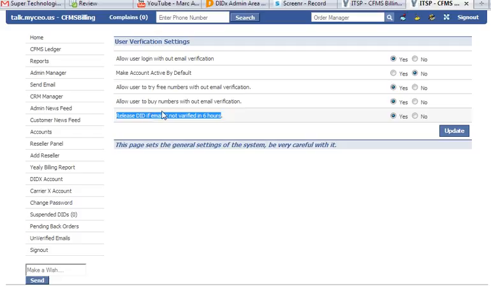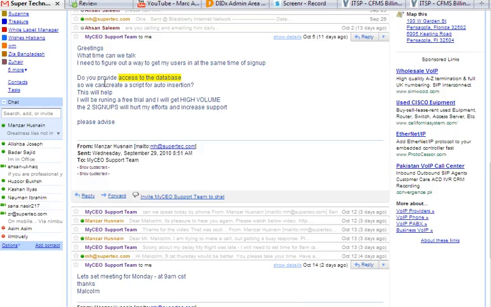Then his DID will be released within 6 hours if you select yes. But on the other hand, if you select no, then his DID will not be released from his account and it will stay allocated in his account. So it's up to you how you can allow your customer to use your website after sign up.